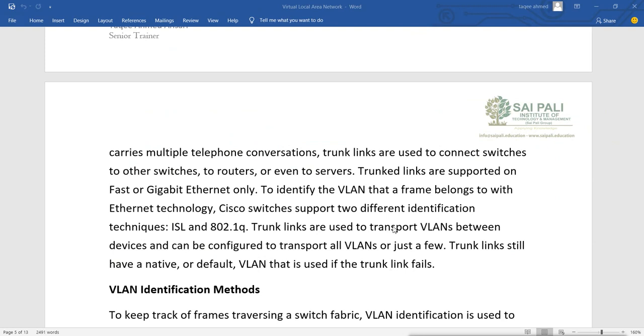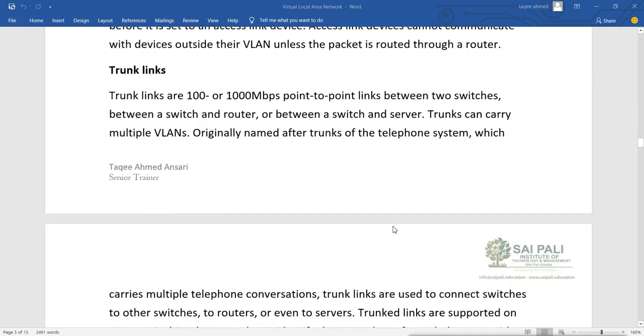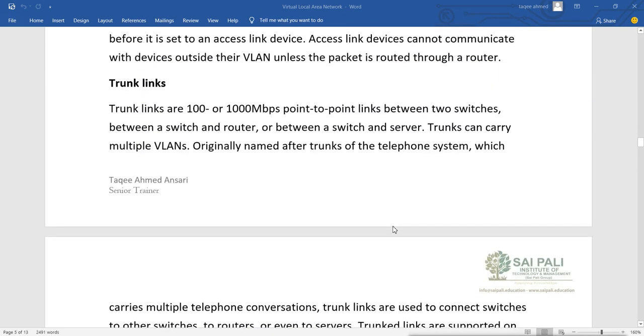Now, if we want to convert the port or the link into a trunk, then we need the port to be at least 100 Mbps minimum, or we can go up to 1 Gbps, because if you have 10 VLANs, then all the VLANs' data will go through that single link.